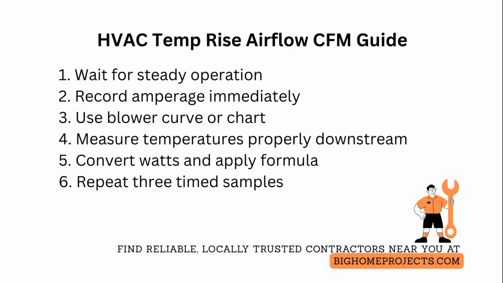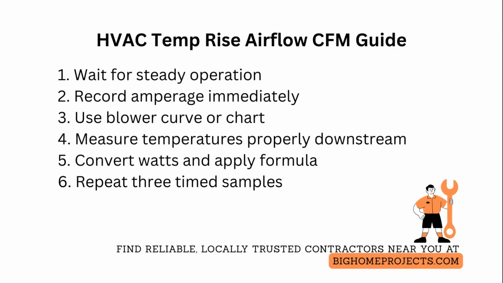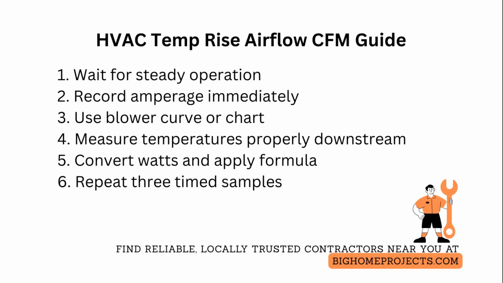Convert the heater input power from measured amperage multiplied by measured voltage and correct for power factor when using alternating current, then apply the standard Temp-Rise formula. CFM equals heater watts divided by 120. 120 is the product of specific heat of air and pounds per cubic foot, expressed in imperial units, divided by